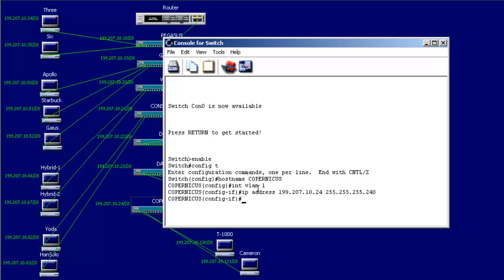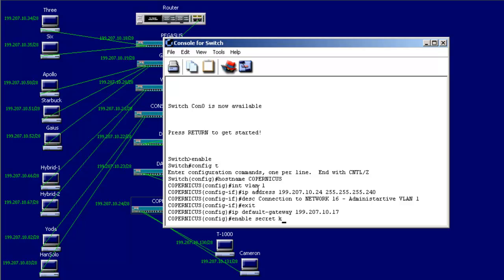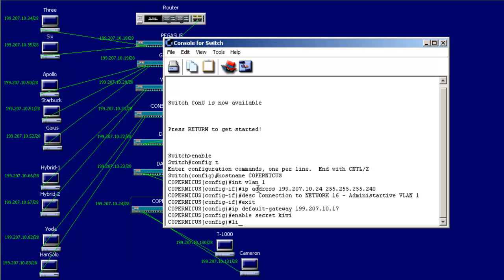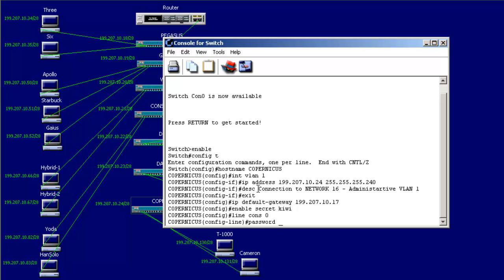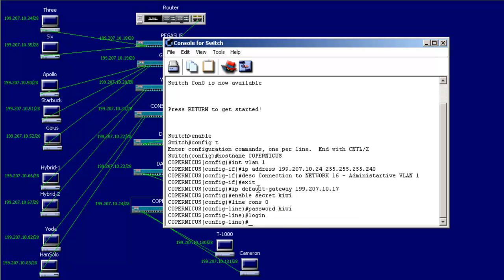255.255.255.240. We're good there because we know that with network 16 we got at least 14 subnets and 14 hosts per subnet, so we're good. We'll just call this connection to network 16 and administrative VLAN 1. Set the default gateway. IP default gateway 199.207.10.17 is our gateway address, and let's do our secret Kiwi, and let's do line console 0. We'll set our console password to Kiwi, specify login,